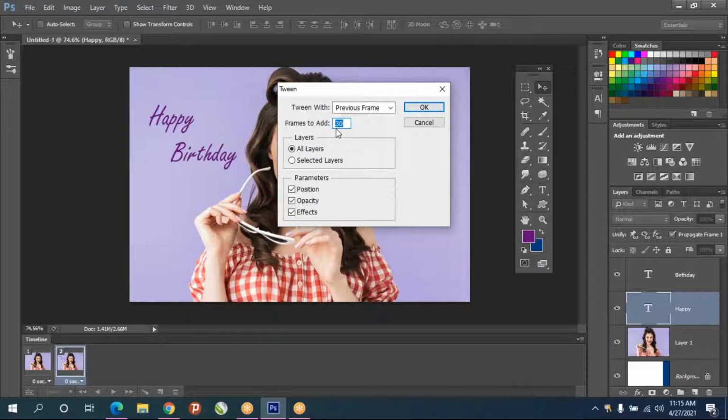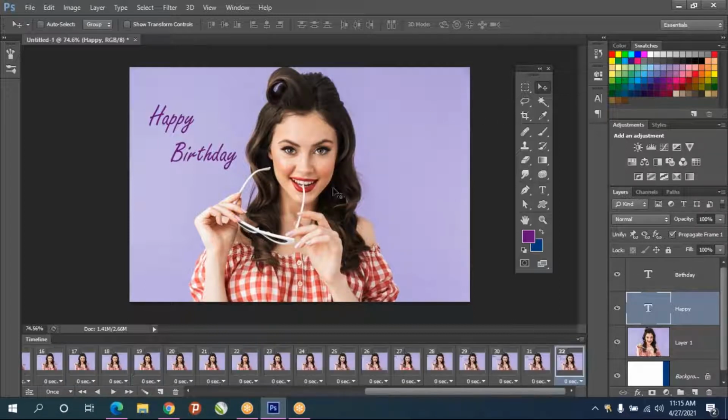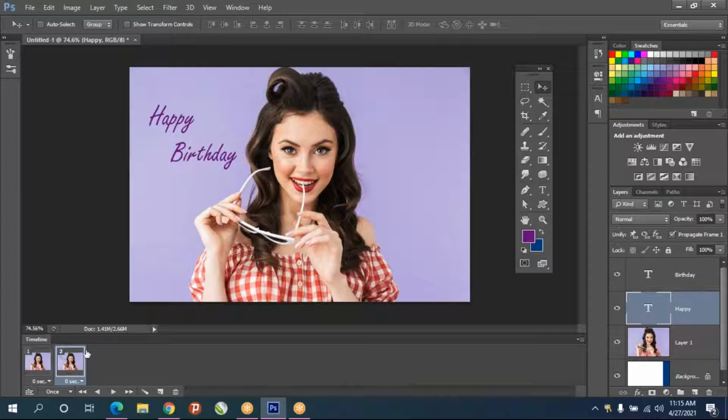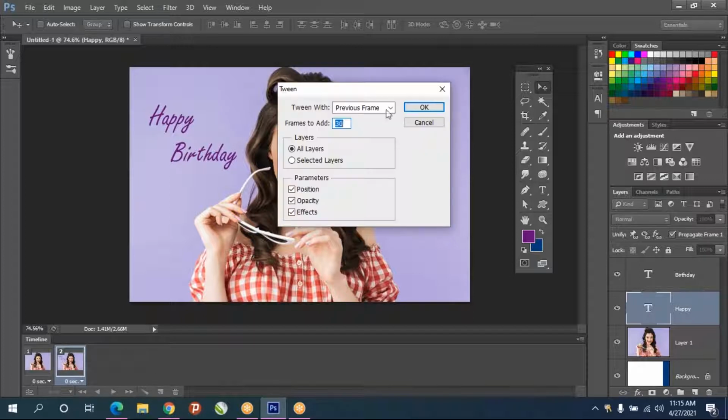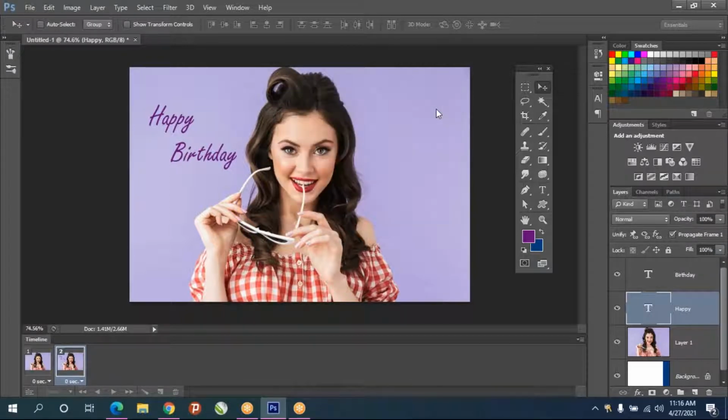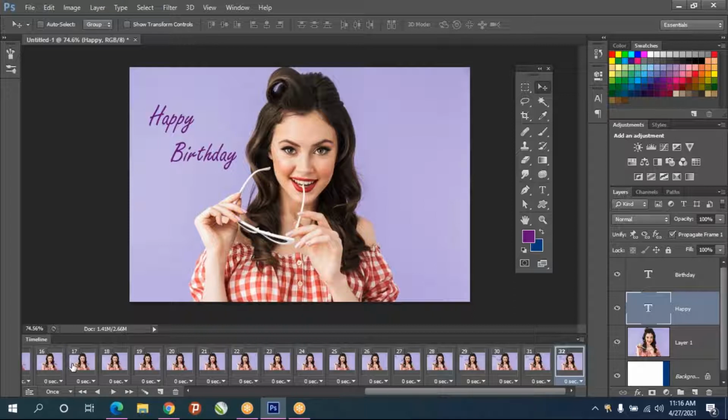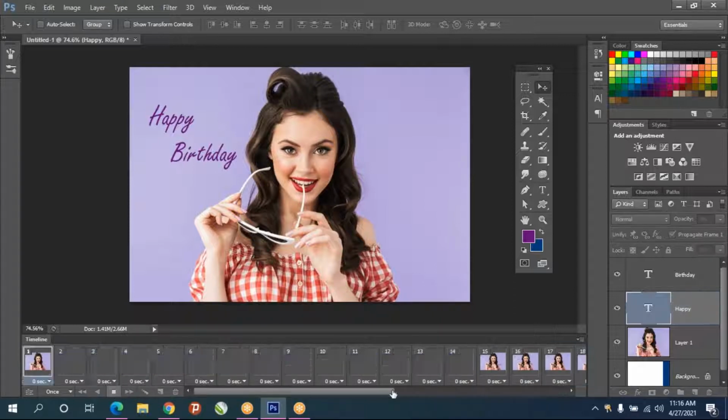Give around 30 from previous and give OK. So now 30 frames are created automatically. You have to select the second frame, not the first frame. Select the second frame and click on tween animation frames, and then give OK. So automatically it will duplicate 30 frames and then play it.